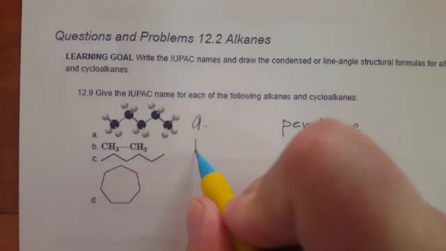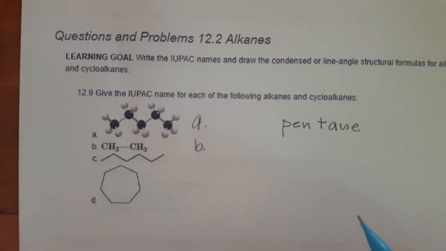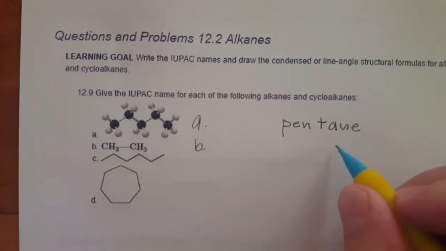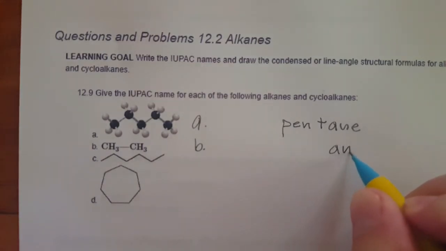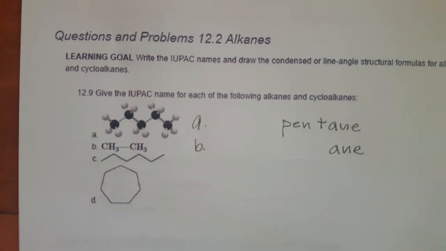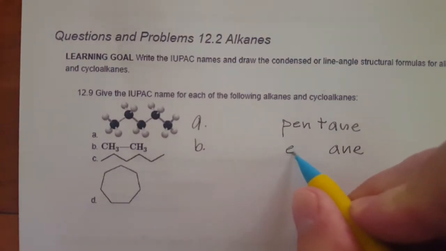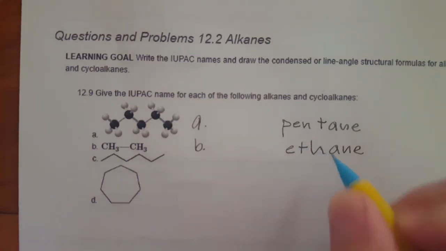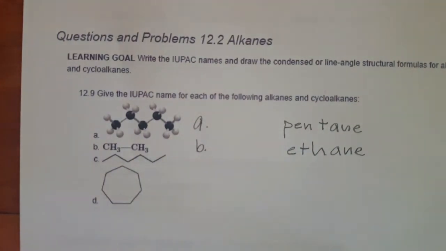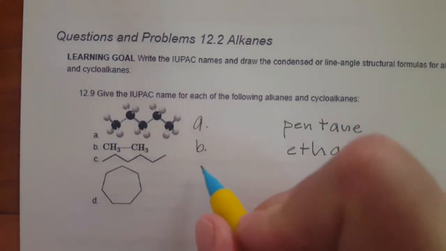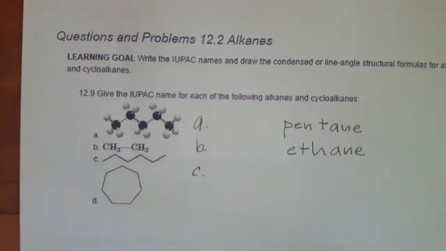So let's do B. Again, these are alkanes, so working from the back, they're going to end in ane. 2 carbons, that's eth. So this is ethane. The next one, C, is a line angle drawing